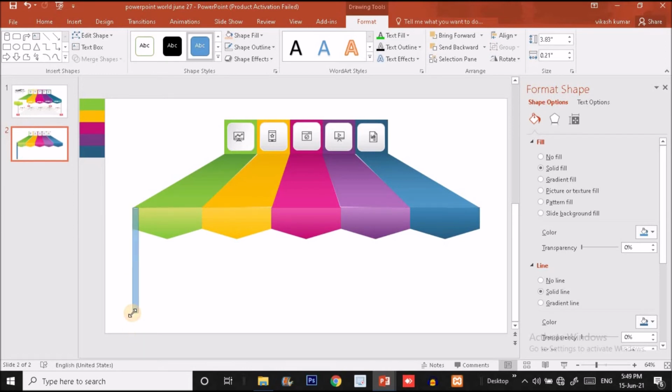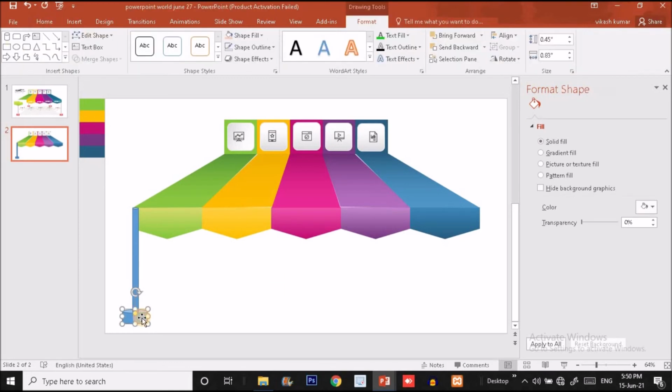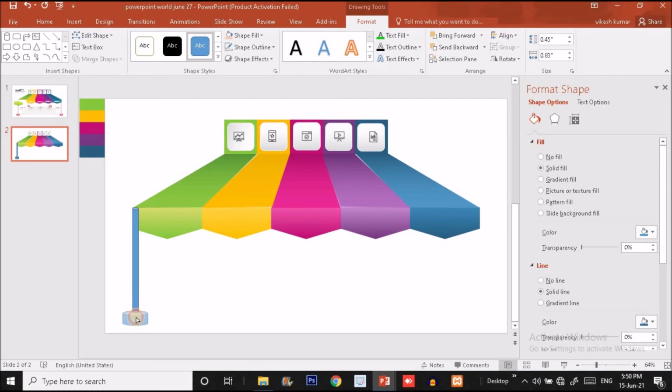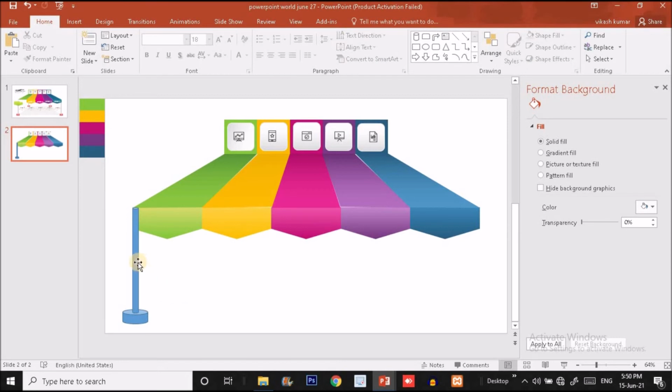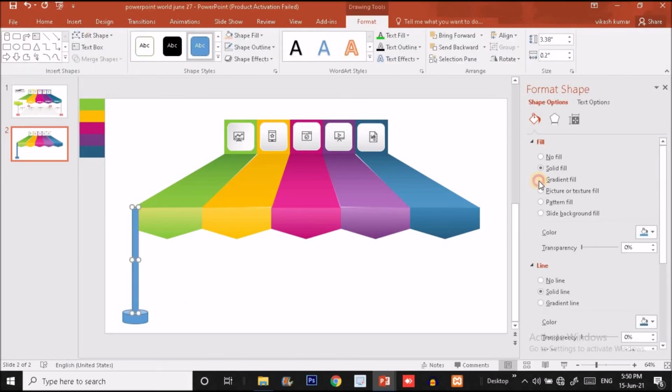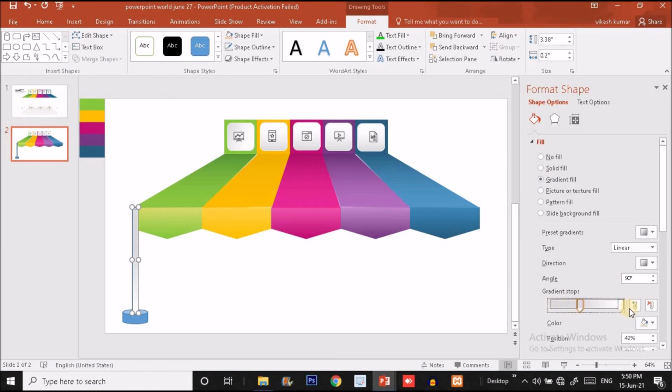I'm going to decrease the height to this much, and again I'm going to copy by pressing Ctrl D and making it shorter like this and put it at the bottom like this. Right click over here and send it back. Okay, guys. Here you can see the yellow dot, so drag it downward and put it over here like this. Okay, now it's fine. So now for this I'm going to use a gradient fill option, and we will use 3 stops there. So these are the 2 stops and I will add a 3rd stop.